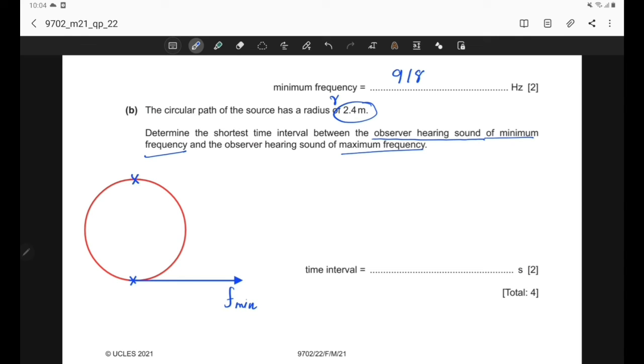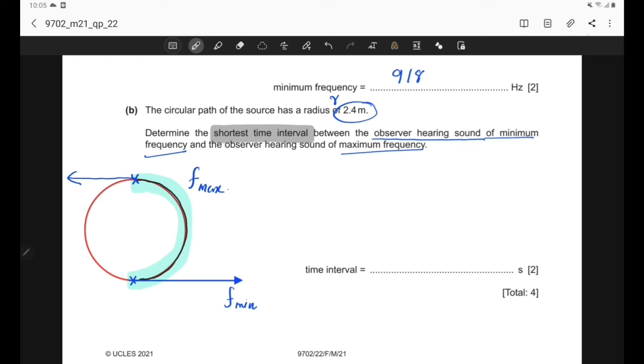Likewise, when the object is at the point on the other side of the circle, when the source is moving away, the observer can hear a sound with a maximum frequency. So here the observer can hear a sound with minimum frequency, and after the sound source travels and reaches the other part of the circle, the observer can hear the sound with maximum frequency value. And here we need to calculate the shortest time interval between these 2 points, or the time taken by the source to reach from